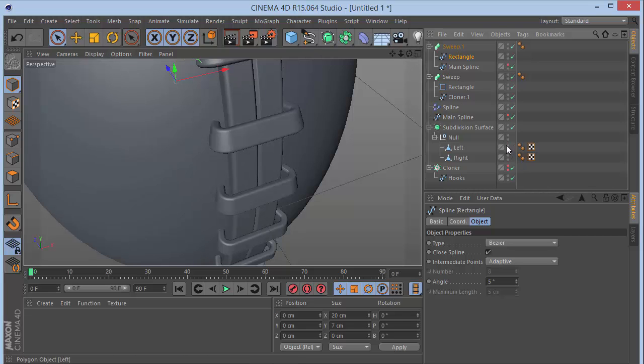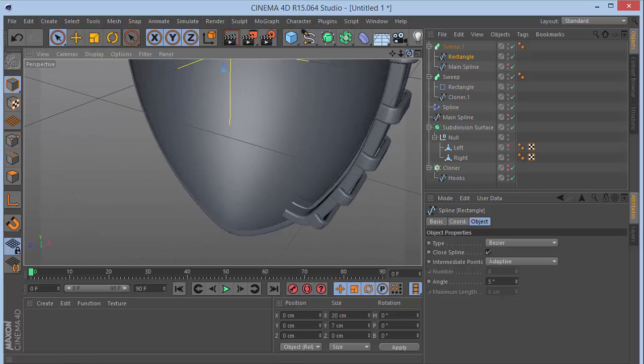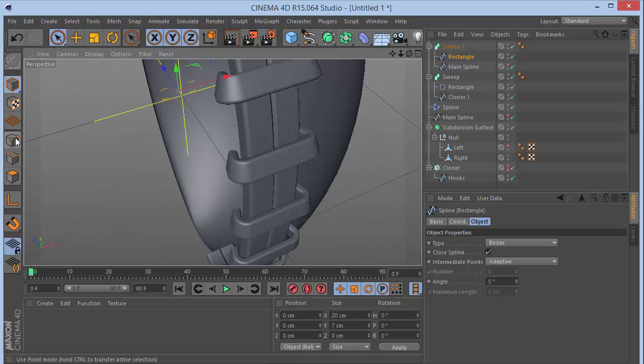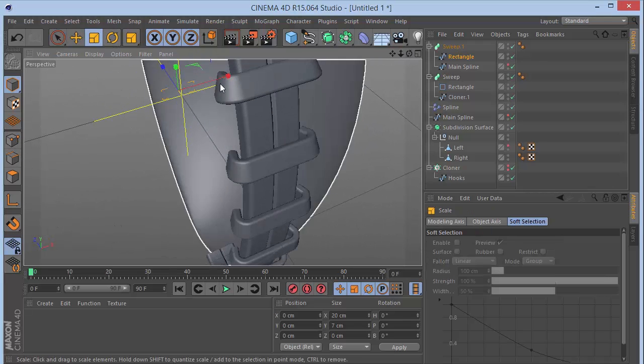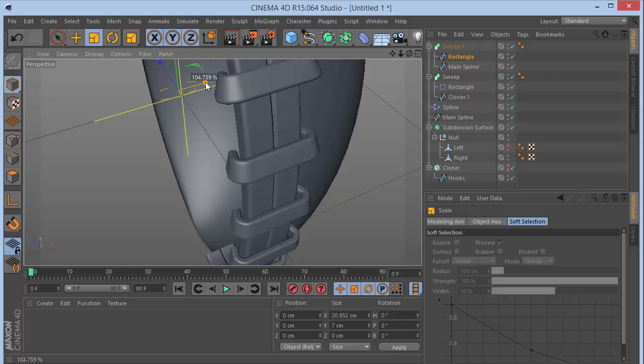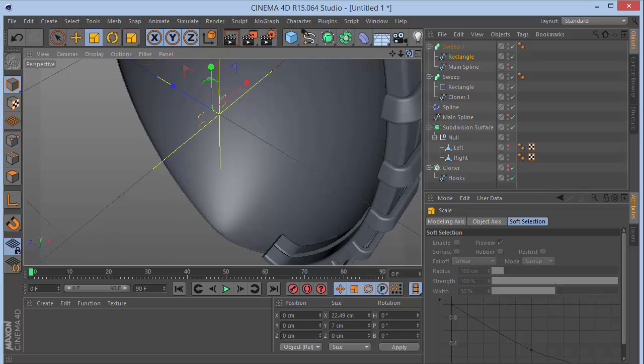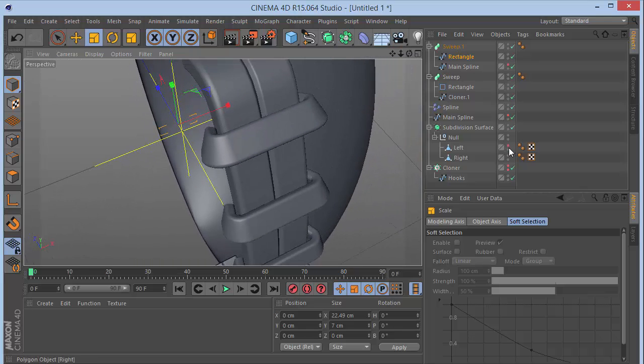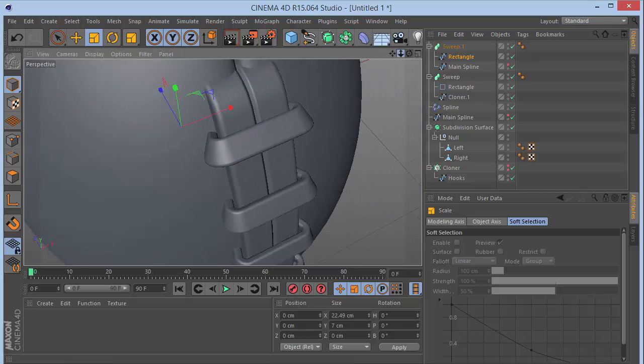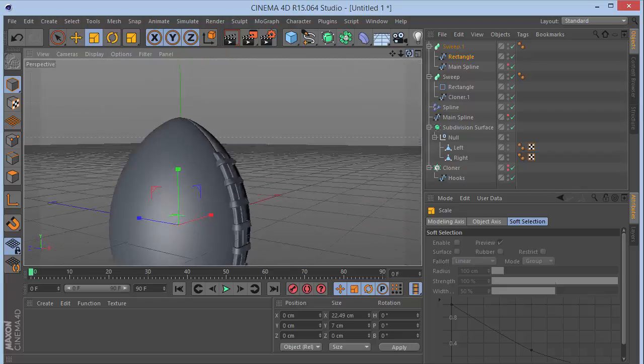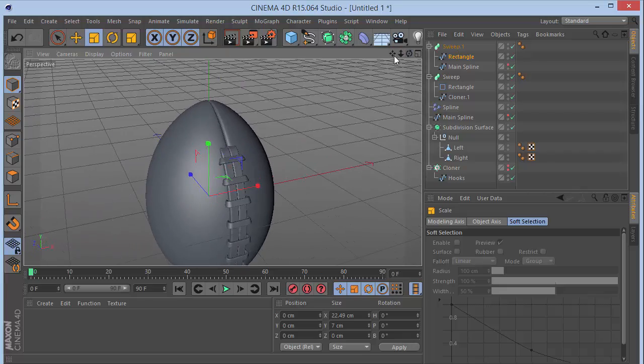So let's hide one side. Okay, and we can scale it on the right side. Okay, it's looking much better, and done. There we go. Now if you want to do it on the opposite side as well,